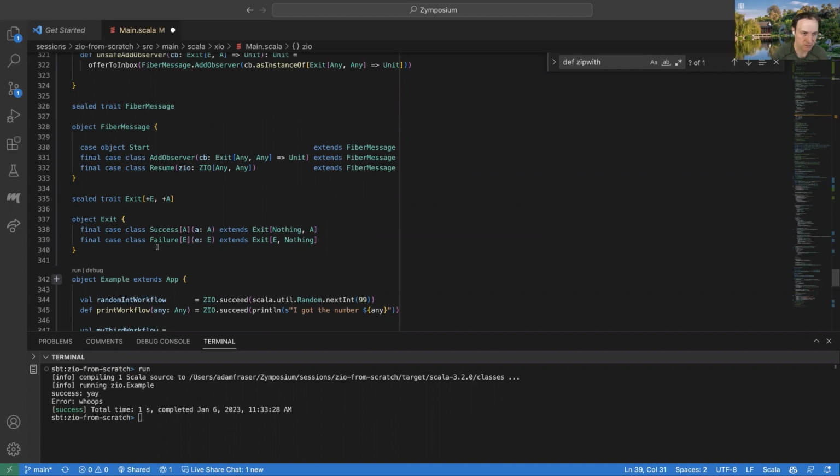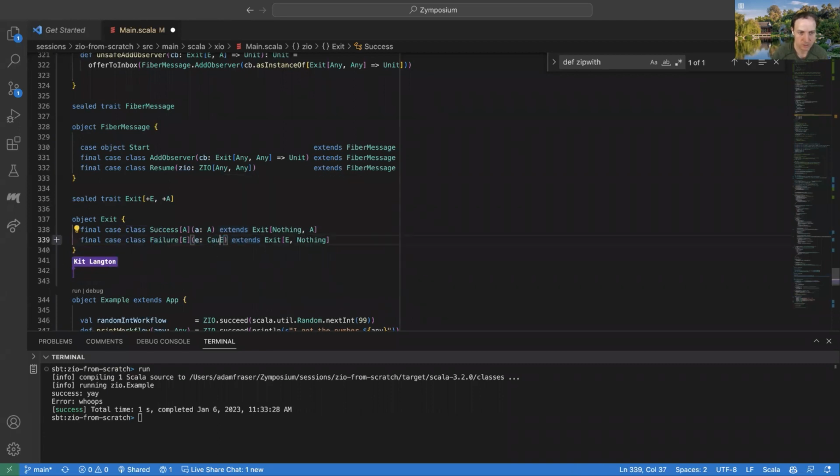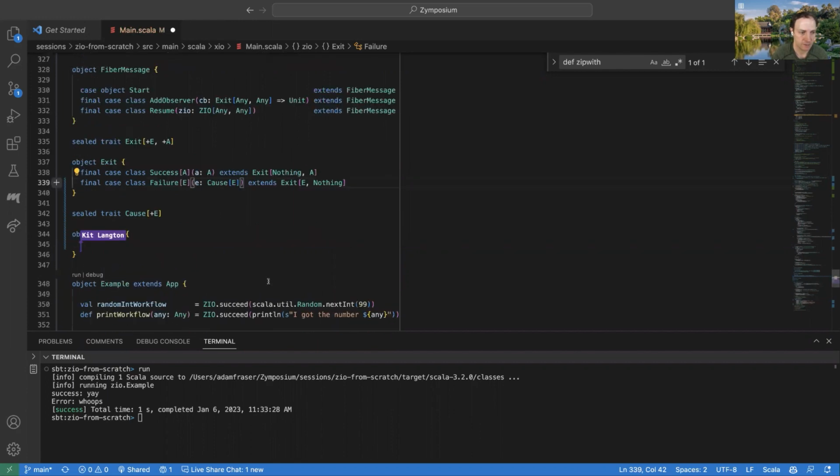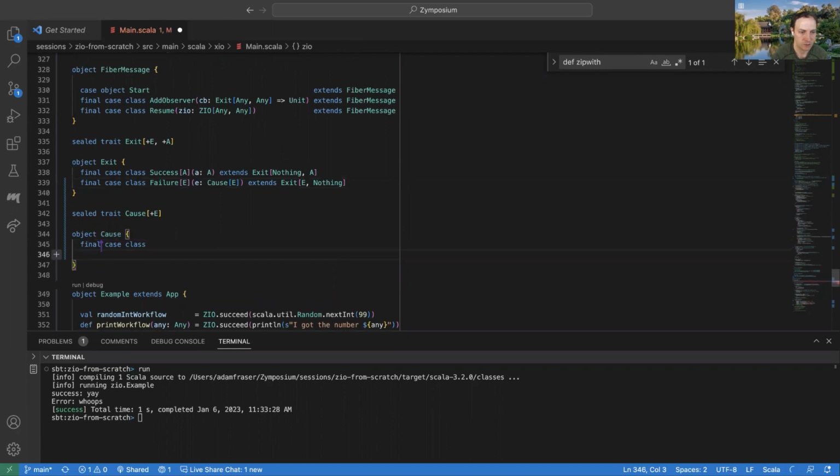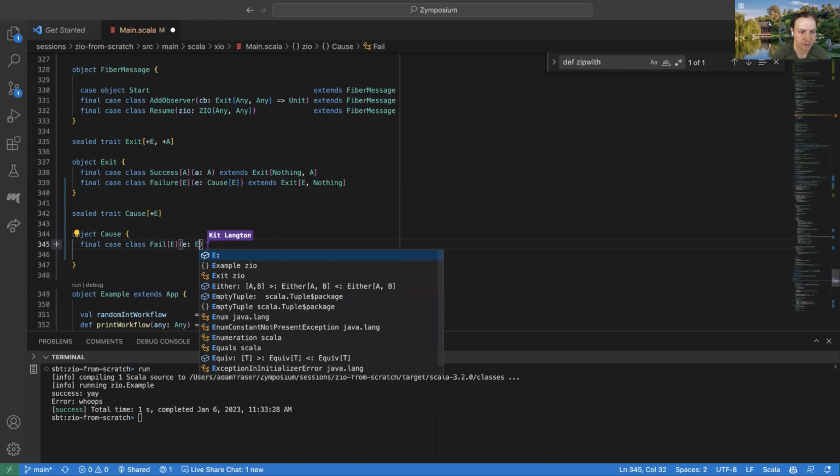Before, this perfectly reflected the original version of what we said: the result of one of these workflows is either a success that's an A or a failure that's an E. To change this, we're just going to change this E to be a Cause of E. And we're going to create this Cause data type. It's already creating the constructors for this. Initially we just have these two constructors. One is Fail, which is just going to have the E inside it.